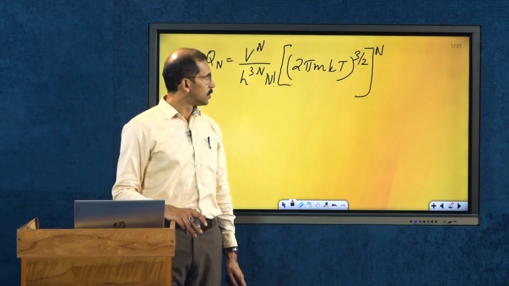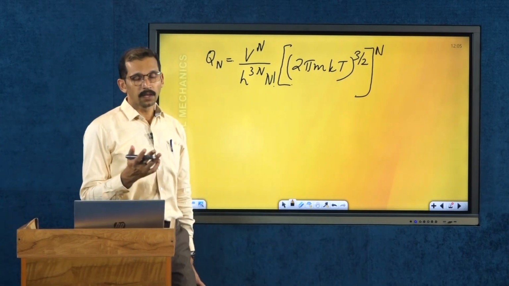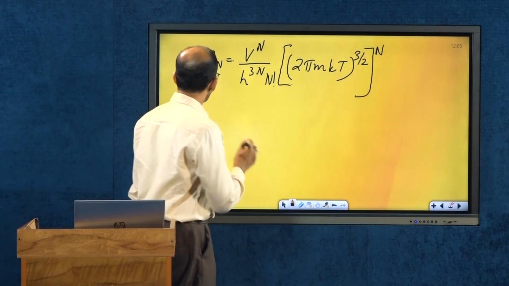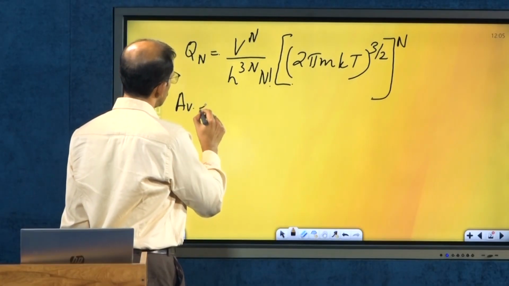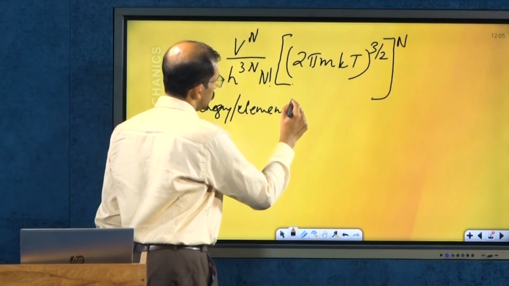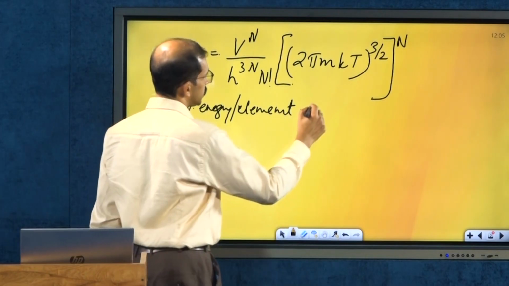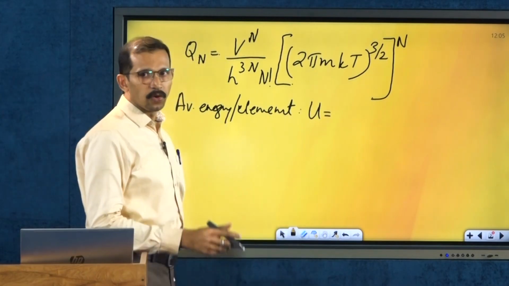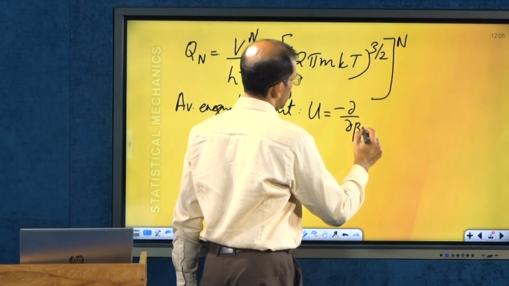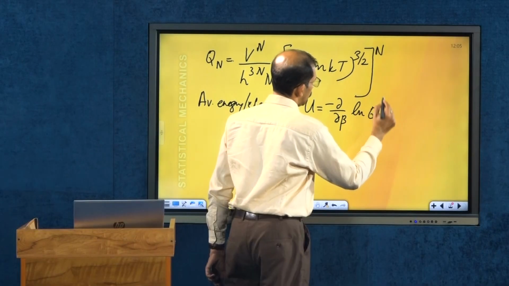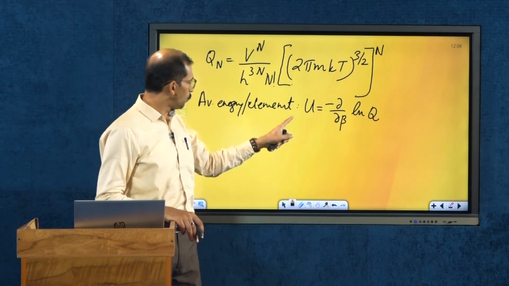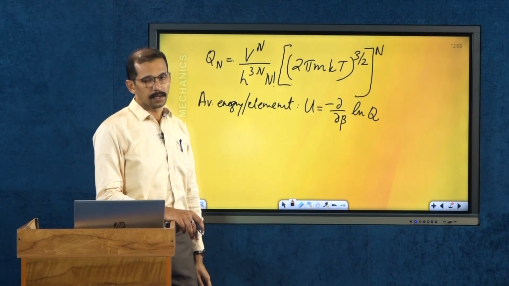First and foremost, the most important expression could be of the average energy per microstate or element, whatever it is, right? Average energy per element, which we designated by U, and we know that it is equal to minus dou by dou beta of ln Q. So which means what? Which means that if we know the expression for Q, we can calculate the internal energy or the average energy